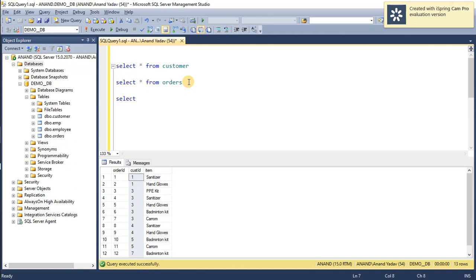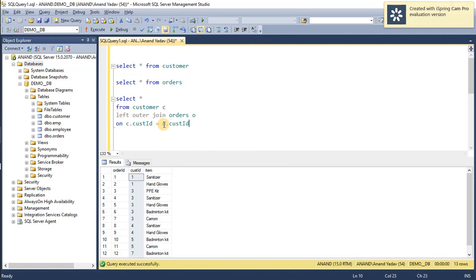So I just write it: SELECT star FROM customer, and I give C as an alias name for the customer table, and the type of join is LEFT OUTER JOIN, and we are joining the right table, orders, and the alias name for orders is O, and we are providing the condition: C.customer_id = O.customer_id.